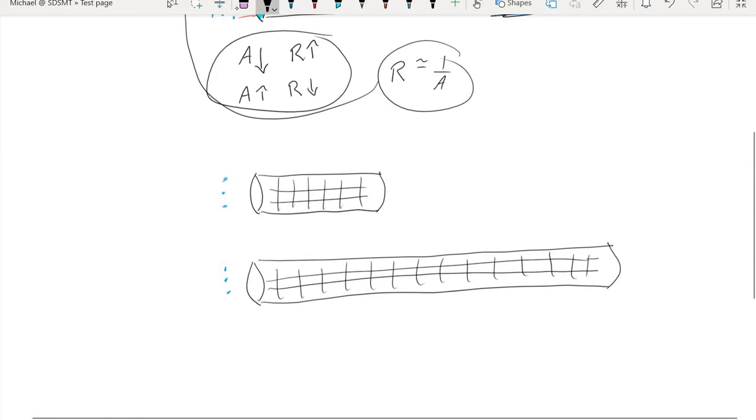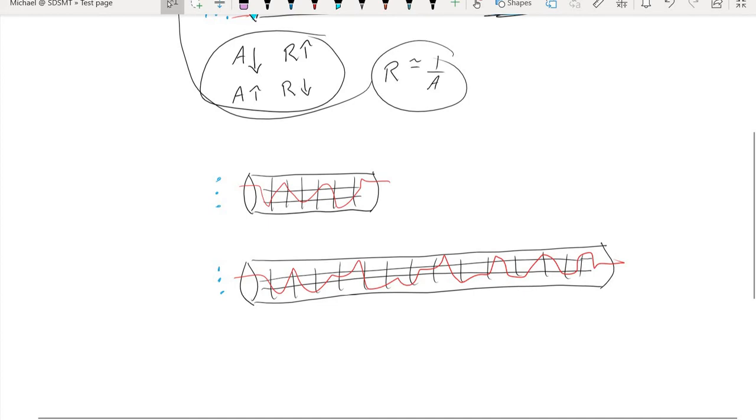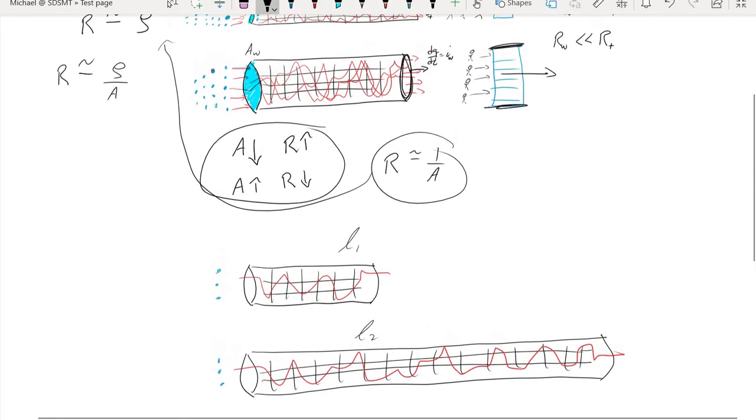So we have our lattice of all of our atoms inside, and then our charges need to move through. So here I've drawn some random paths for a single charge that moves through each of these wires. And what do we notice with respect to the length of the two wires? So here we have length of the first wire. This will be the length of the second wire. Well, now consider that